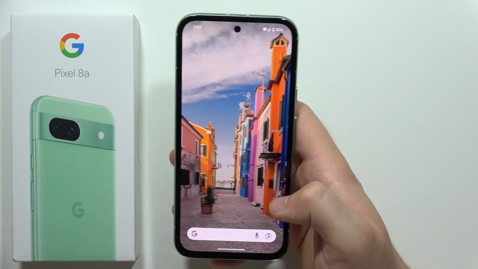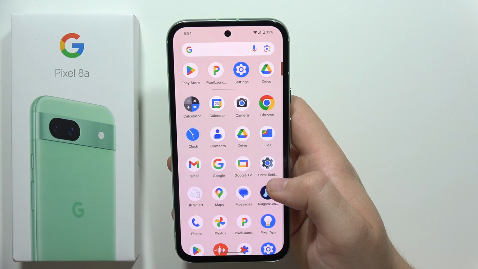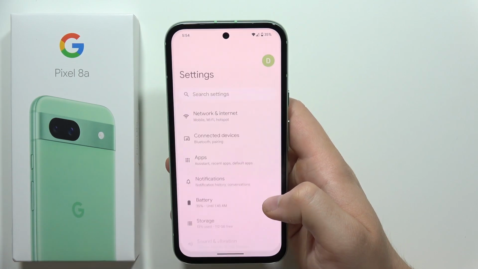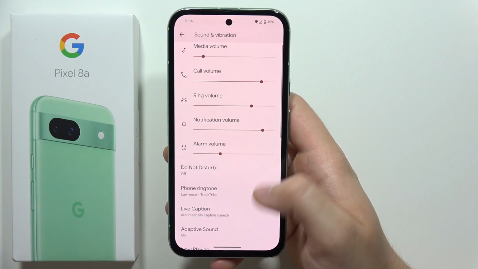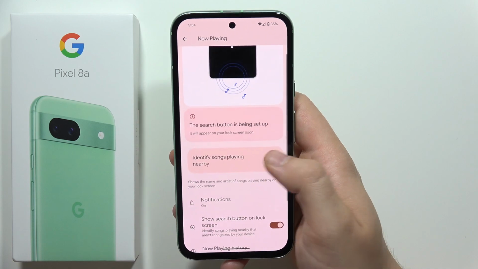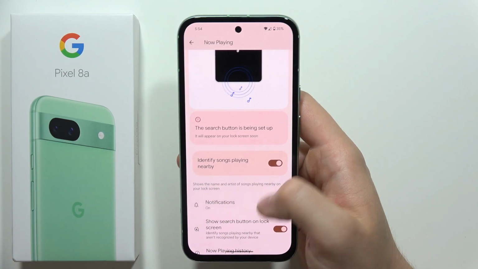Hey, to recognize the music playing around us with the Pixel 8a, all you have to do is just be connected to the Wi-Fi or mobile data, and then you will have to go into the settings. Now move into the sound and vibration and go into the now playing. Now all you have to do is just tap on this switcher to simply turn on this function, and